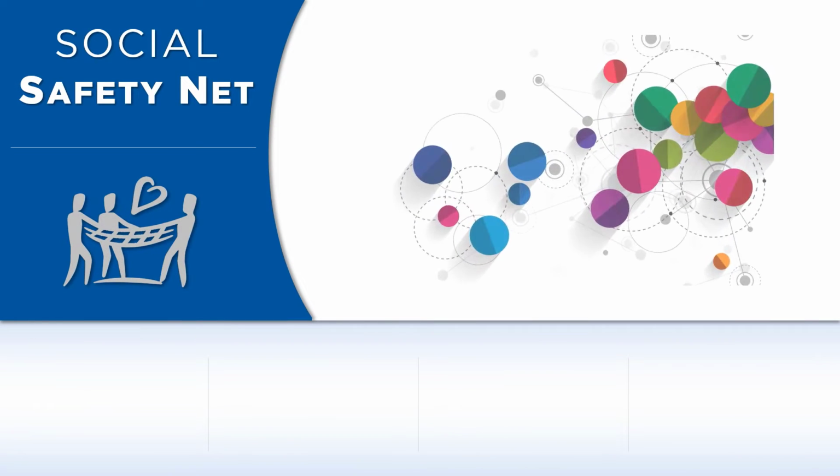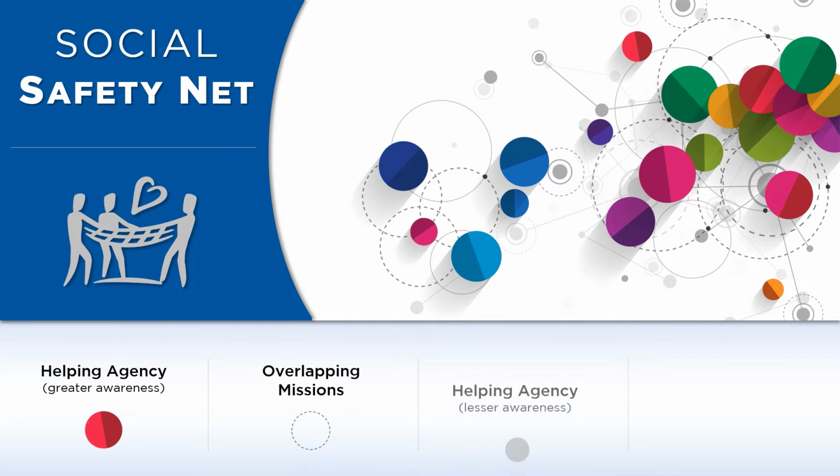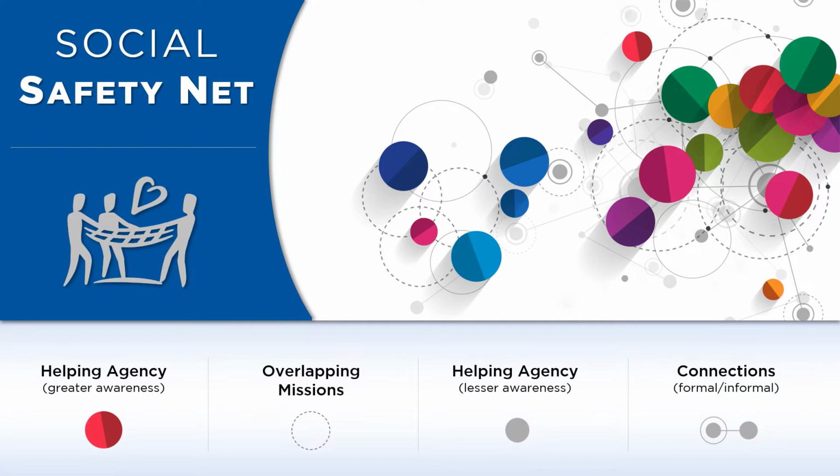All the helping that goes on in a community is often called a social safety net. This represents various programs and services that are designed to catch people who have fallen on hard times. These programs and services are provided by many different helping agencies scattered throughout a community. Some agencies are more widely known, such as the Salvation Army, Department of Social Services, local hospitals, and more. Other agencies are lesser known throughout the whole community, like local churches, neighborhood resource centers, or local charities.